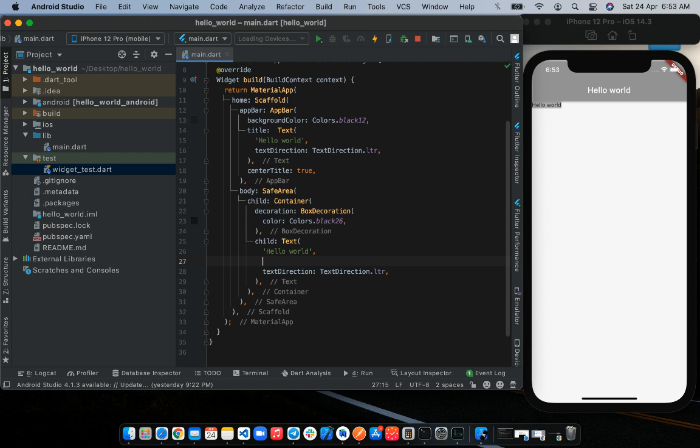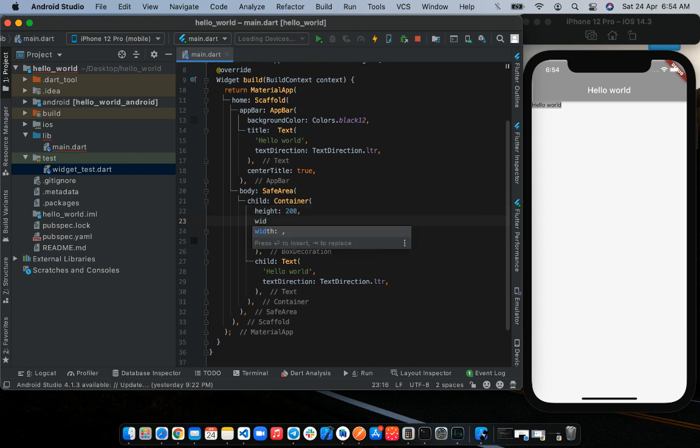Okay, let's also spread out our container a bit. We're going to give it a height and a width. To make the container fill out nicely, let's give it a height of say 200 and a width of 300. And I save that. Okay, our container has filled out a bit, but we see that the text is really